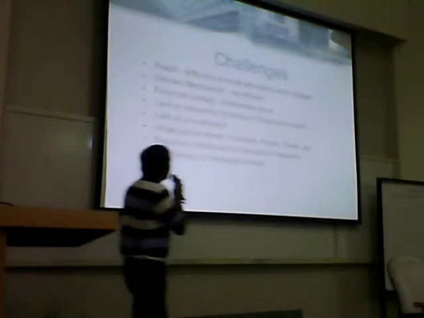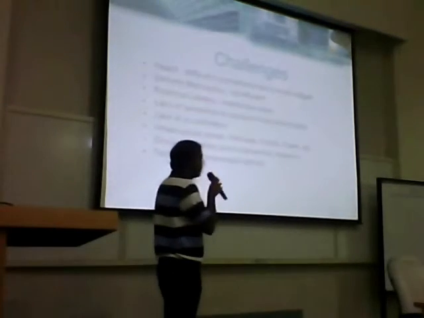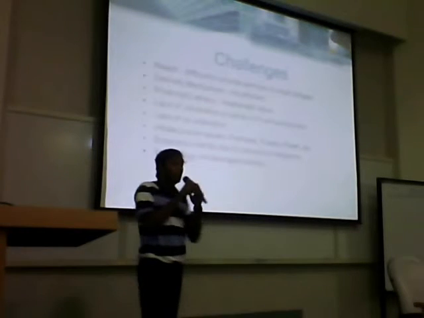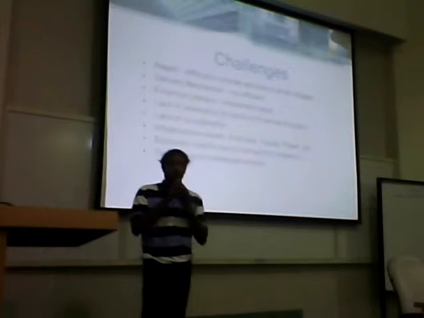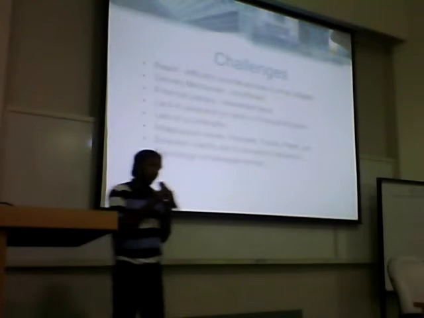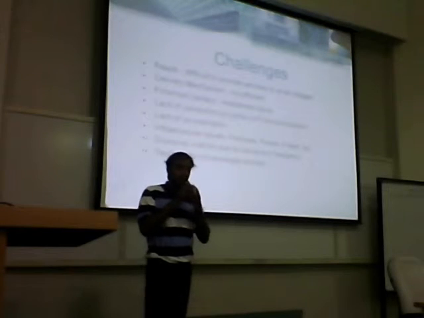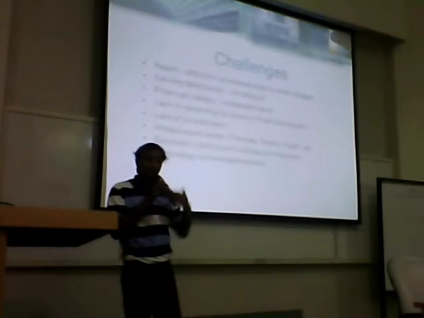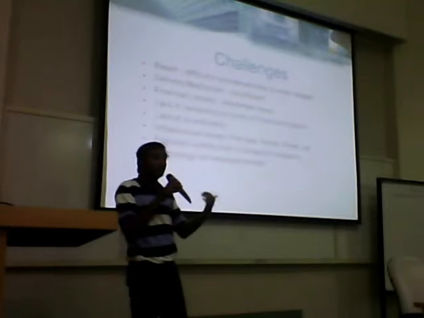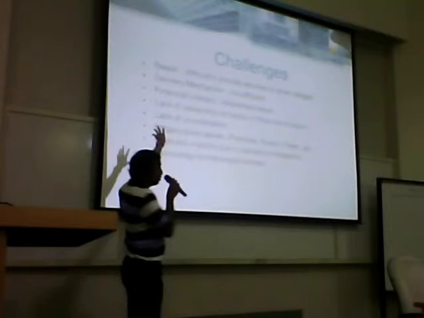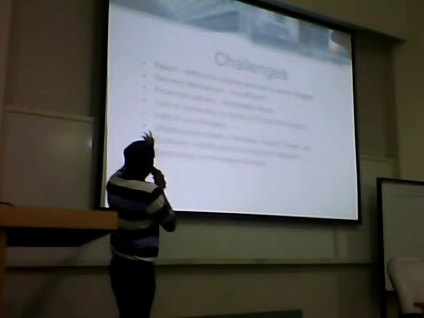Now we look at the challenges that have come up in recent times. That is the reach of financial inclusion. It is quite difficult to render services to small villages. Initially, the target of financial inclusion was to render services and products to villages whose population was greater than 2,000. But now they have changed this. They are also targeting villages whose population is less than 2,000. So this is one of the points that I wanted to make about the first one.